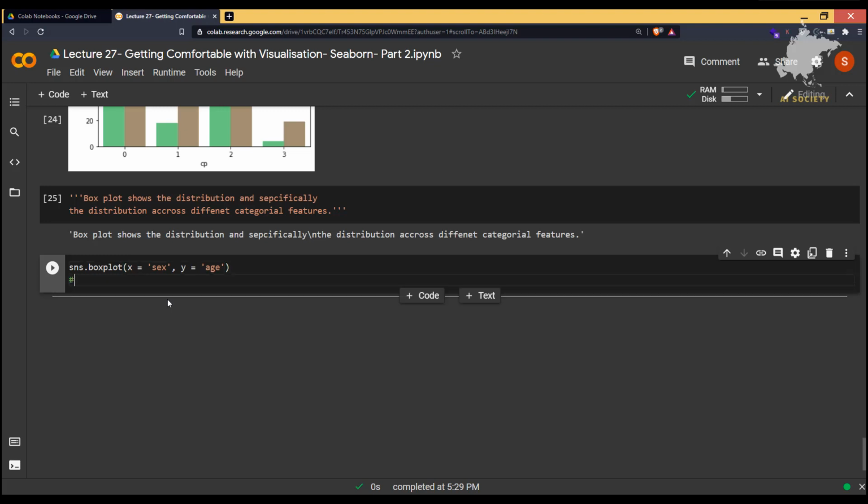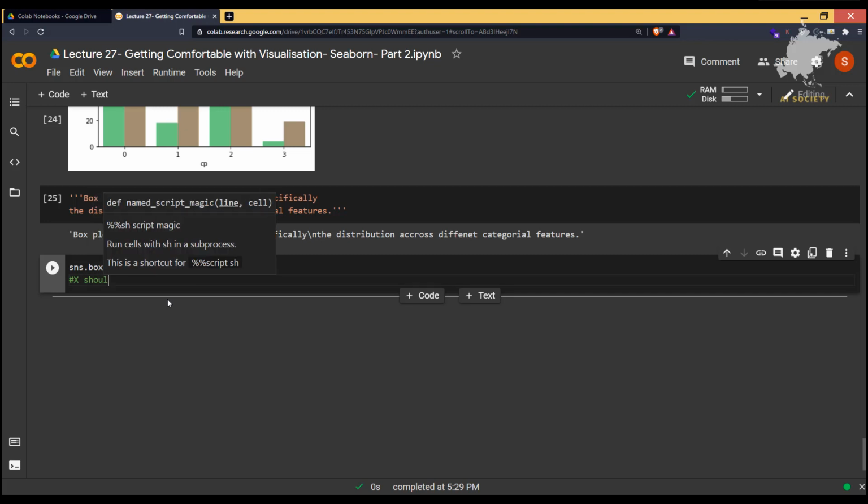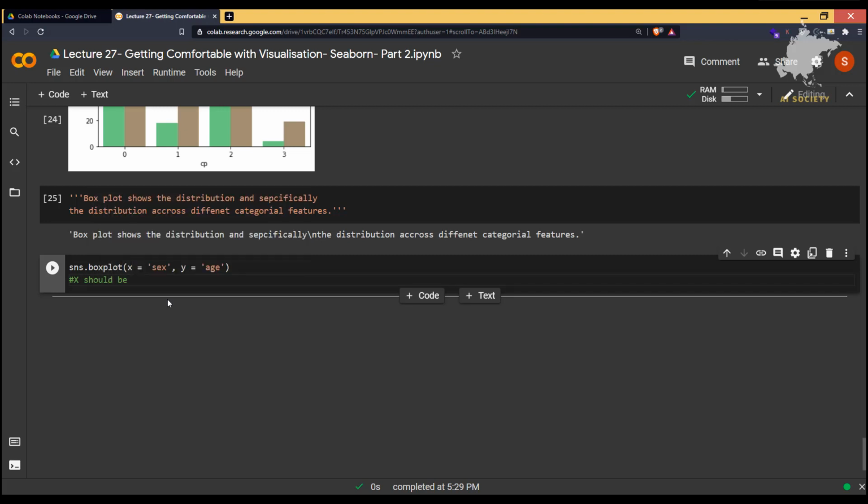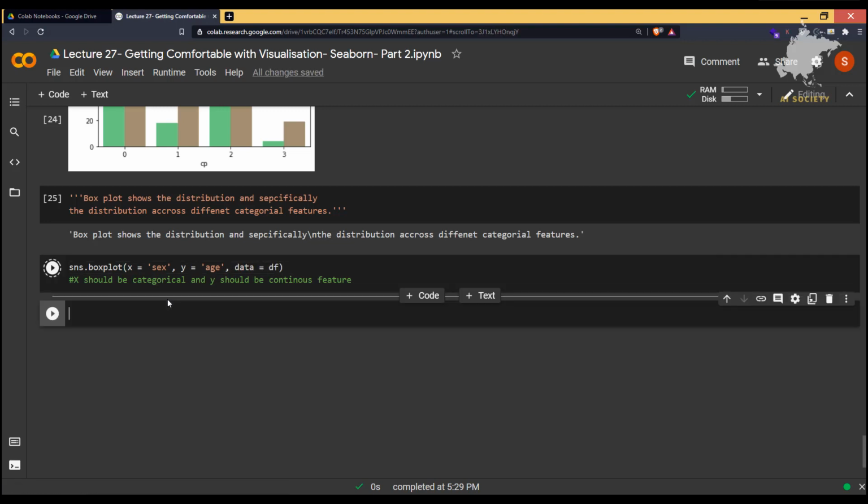Let me just write it here: x should be categorical, and y should be a continuous feature. You also have to give data equal to the data frame. You have to mention the data frame also.